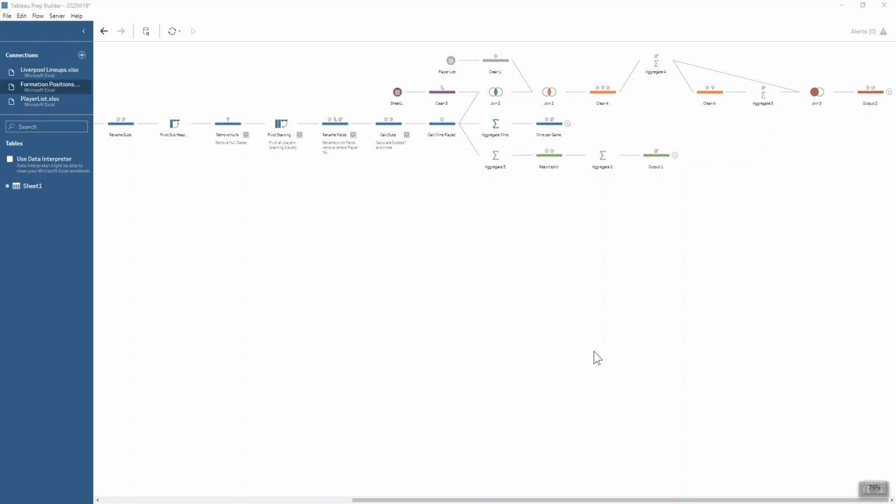For this week's Preppin' Data, we're back with our Liverpool football stats, and our first output is looking to analyse which formation is best to play in for Liverpool to score the most goals and concede the least amount of goals. So to do that, from our earlier workflow from week 18 that we've got here in the